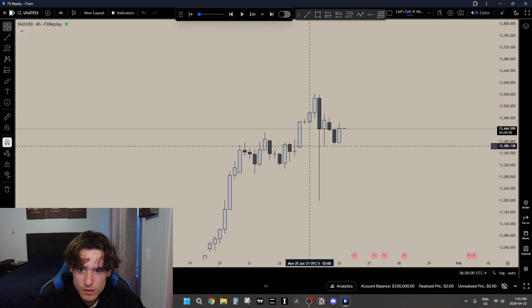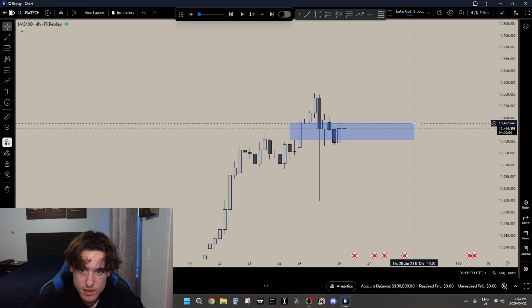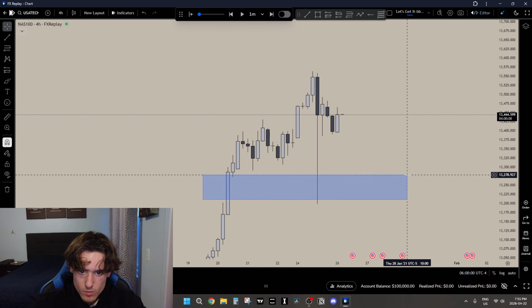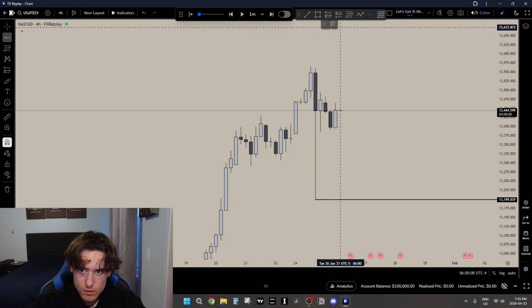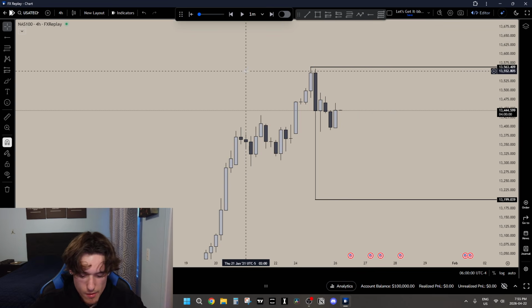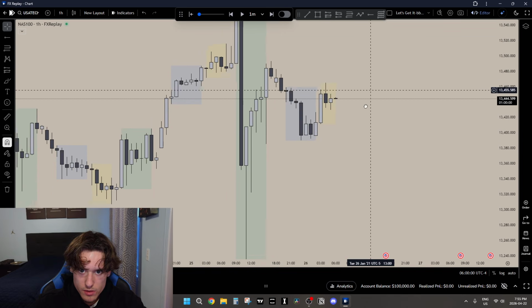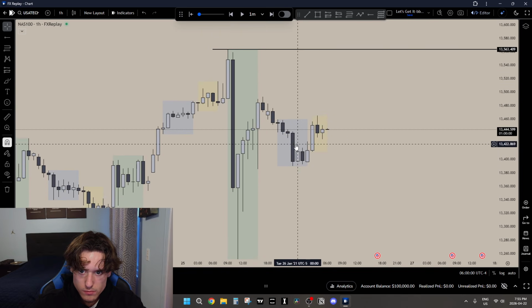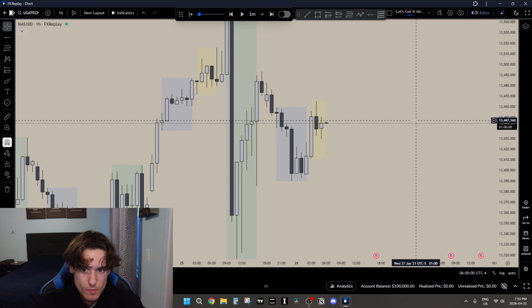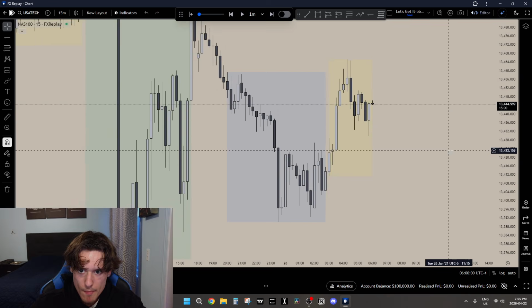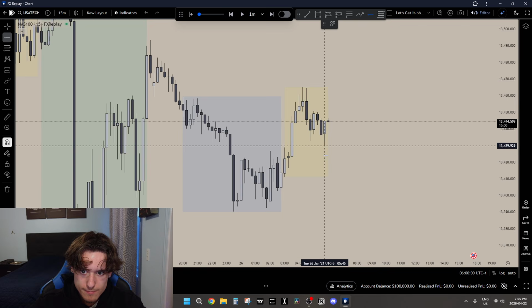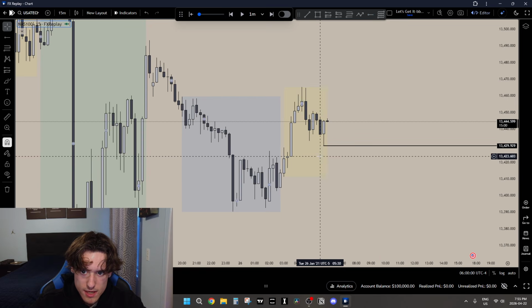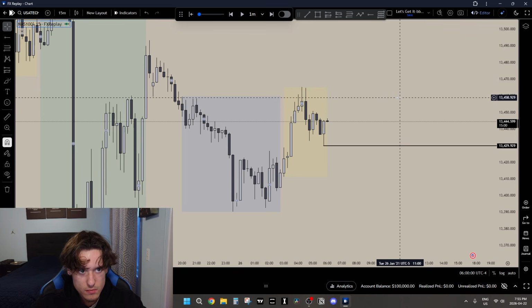What are we doing? 4-hour time frame. We're respecting. I actually disrespected this. Wicking. Okay. So we have this could be data low. This can be swing high. Still kind of in the middle of things. Okay. This is honestly a little tricky. Honestly, I wouldn't mind it becoming lower, taking out this low, and then having that push higher. Let's see if I'm even right. I don't know. Let's see.